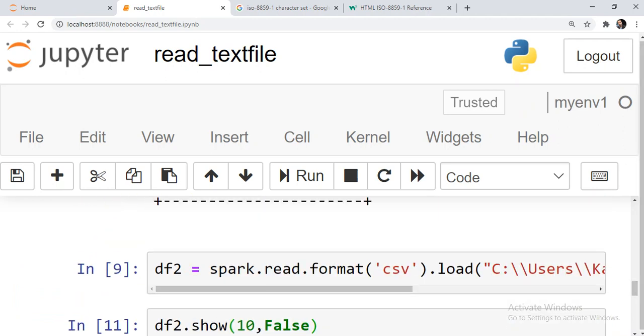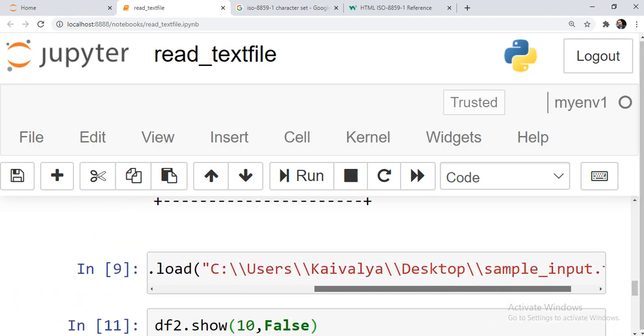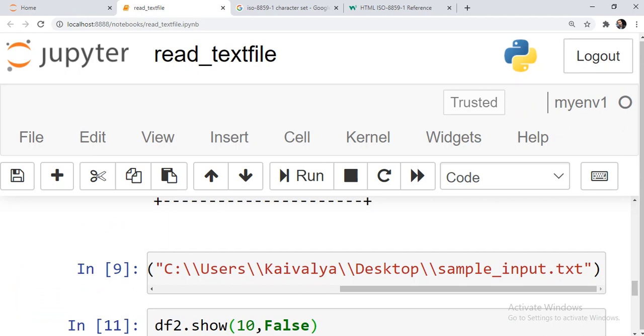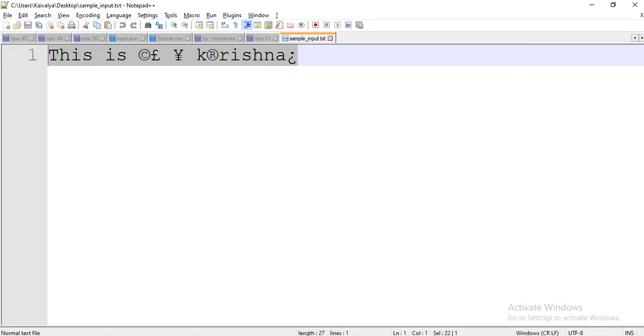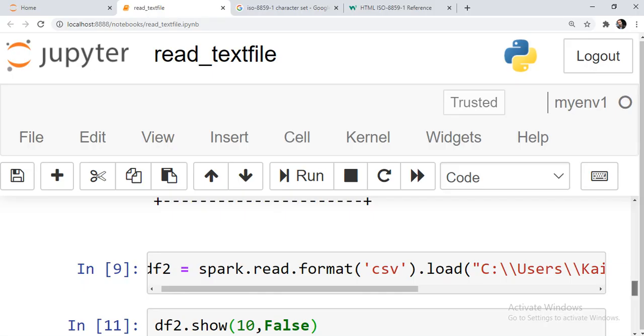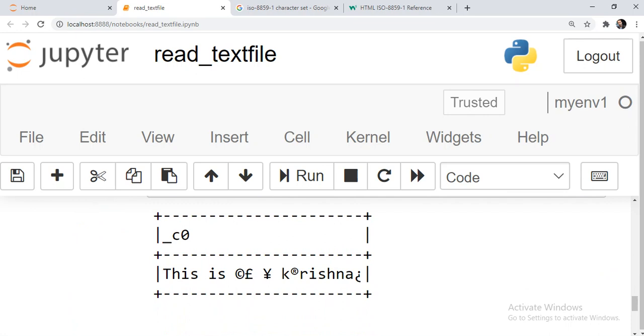So we can read this text file using a CSV format, because the default delimiter with spark.read.format CSV is comma, and comma is not part of this file. So definitely it will read it as a single column, right?